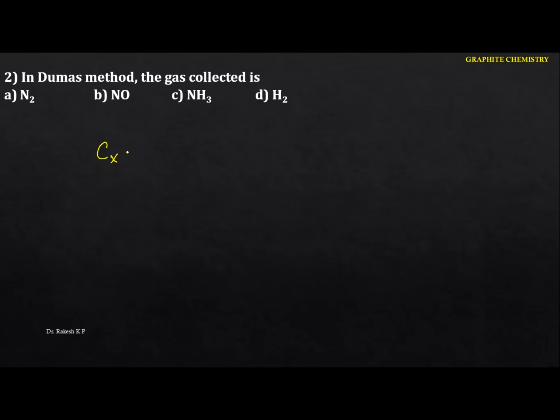This is the organic compound. We know that it contains carbon and hydrogen. If suppose it is containing nitrogen, I am going to write it in this form. Whenever it reacts with copper oxide, I am going to take it in this form. This is the general equation: the organic compound plus (2x plus y by 2) of cupric oxide. If we heat this one, here we are going to get (2x plus y by 2) of copper. These are the products you are going to get.